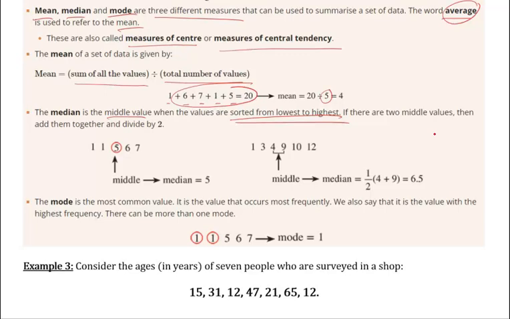So I've got my numbers. I've got two ones, so they're both in there. 5, 6, and a 7. They're all in order from lowest to highest. And so I just pick the middle number. The median is 5. When we have an even number, 1, 2, 3, 4, 5, 6, then we've got to